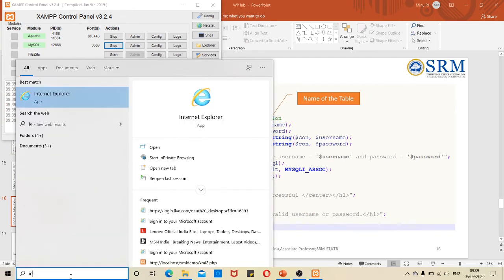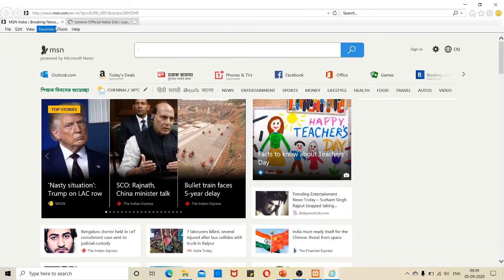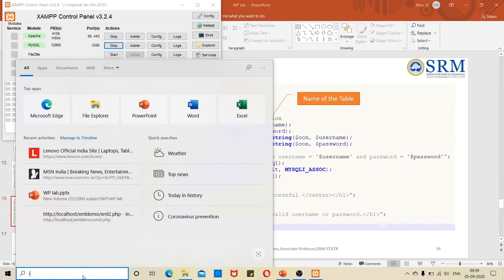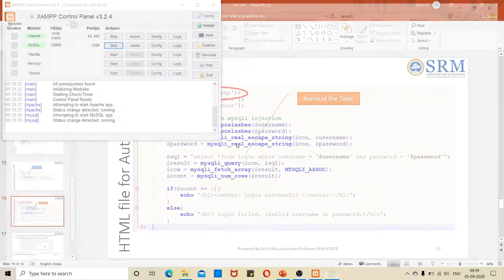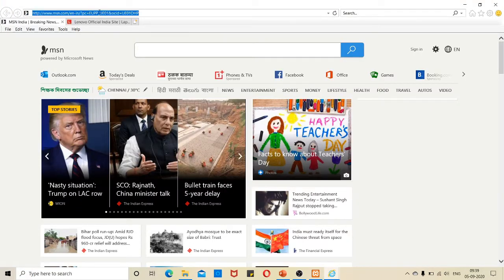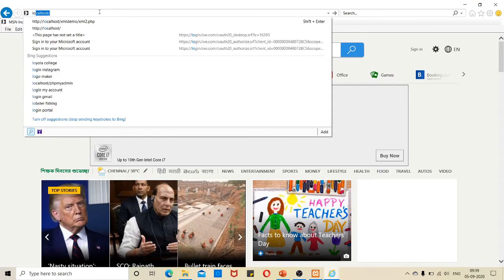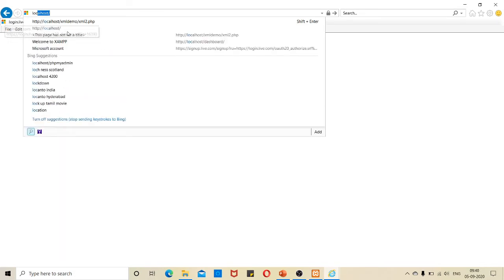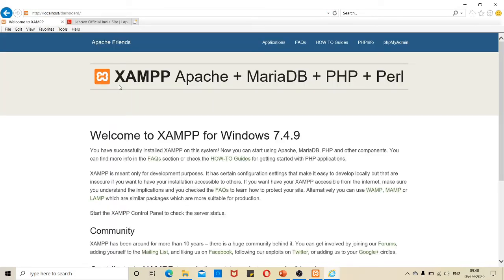Let me use my Internet Explorer browser. So here simply let me type localhost. So you can see that my front page is visible.